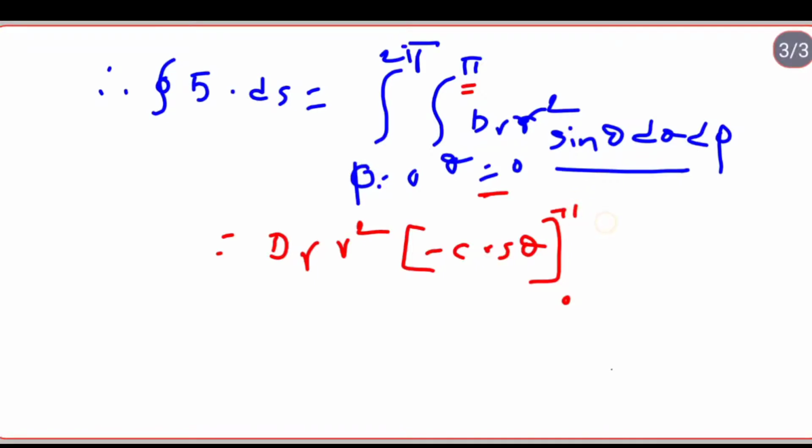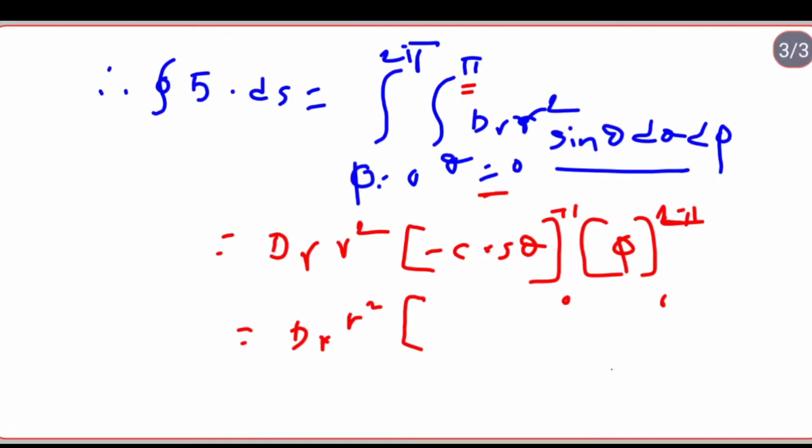After that, the integration of d phi is phi, and the limits are 0 to 2 pi, so we can apply the limits. From this, if you apply these limits, we get dr r squared. If you apply the limits for cos theta, the limits are 0 to pi, then what you will get finally,